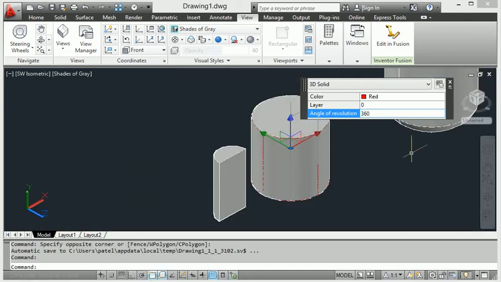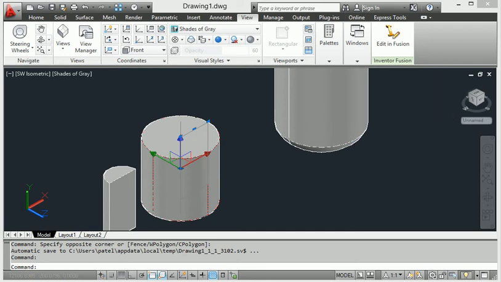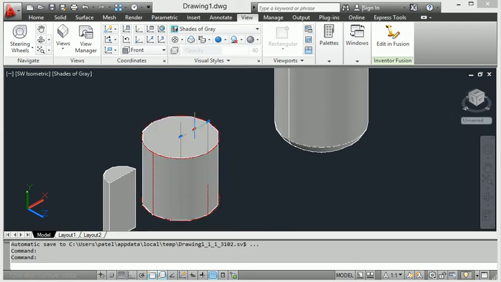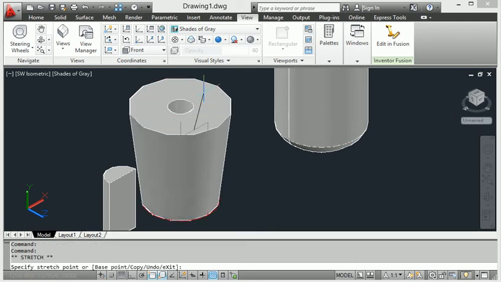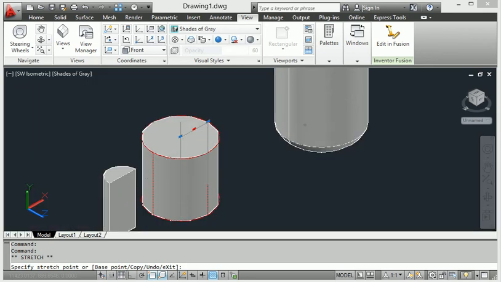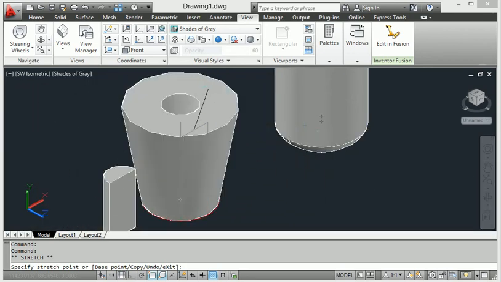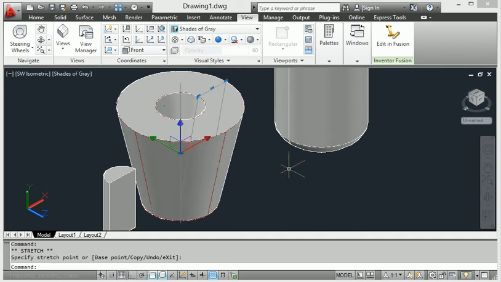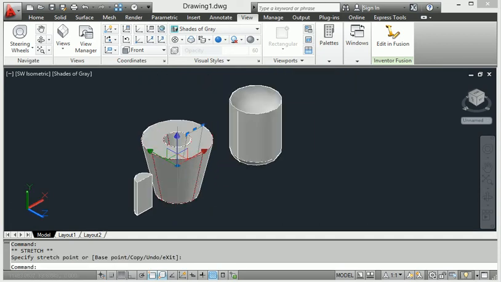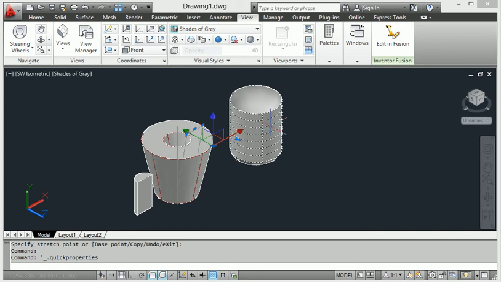So it was very easy to create and change the dimension and diagram, easy to maintain the AutoCAD 3D model. Here you can see that it is made for AutoCAD modeling.